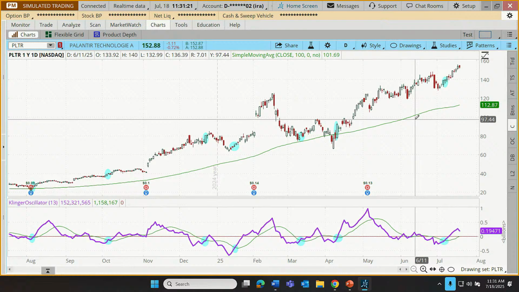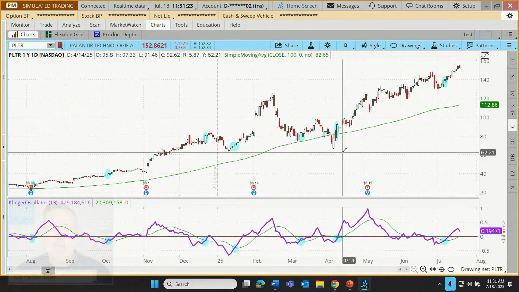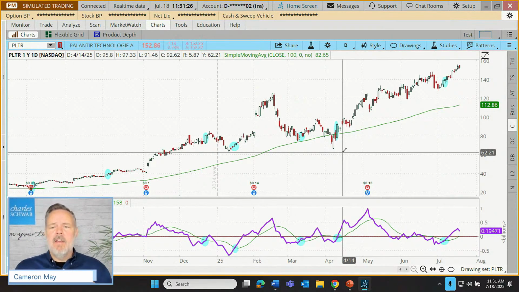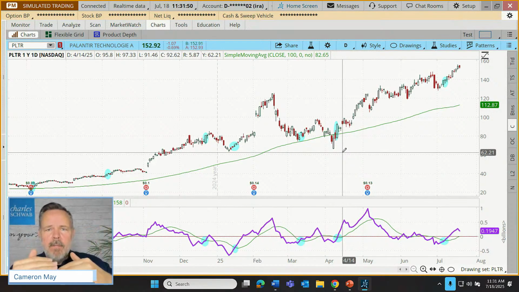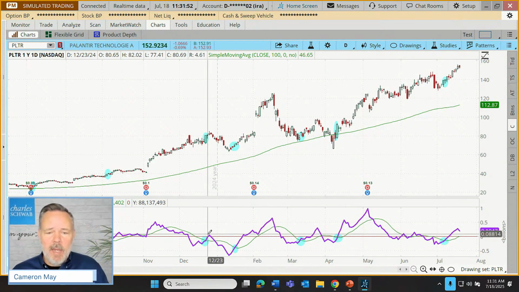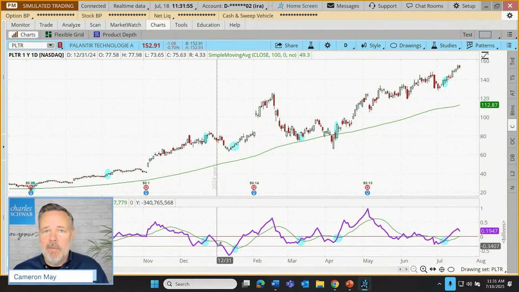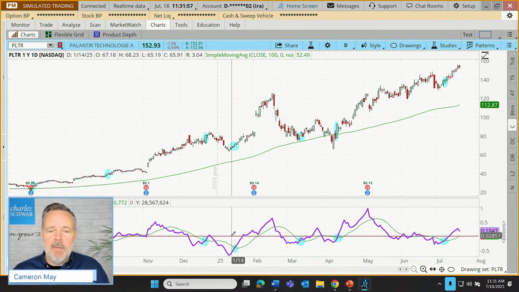Dragon Rider says, what is 34 and 55? Oh, what do they mean then? Why do we care about that? So a 34 and a 55, if we're ignoring the fact that they're Fibonacci sequence numbers, are intended to represent shorter term and longer term time frames. If in the shorter term, average price performance as supported by volume and volatility is slipping below the longer term, the 55, that might be seen as weakness. And that's when we're going to see this purple line going down, right? And we're below our zero line.